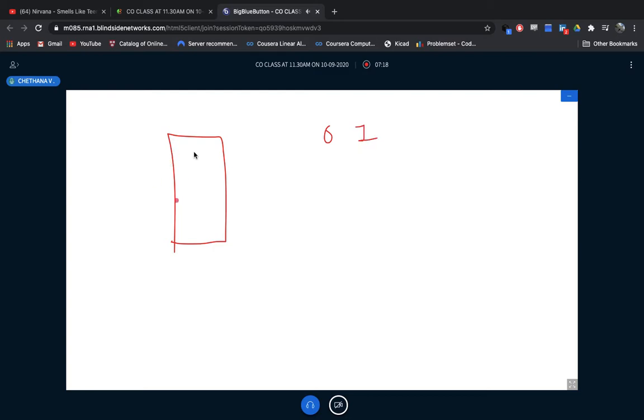Now this is my memory, very big memory. As I told you, this is the memory. I have n number of locations. Inside these memory locations, I'll be having cells like this. So I have lots of cells. Inside these cells, we are going to store the data, like 1, 0, 1, 0, 0, 0. Inside these cells, I'm going to store the bits of data. So this is what my memory is. What I've written is very clear now.